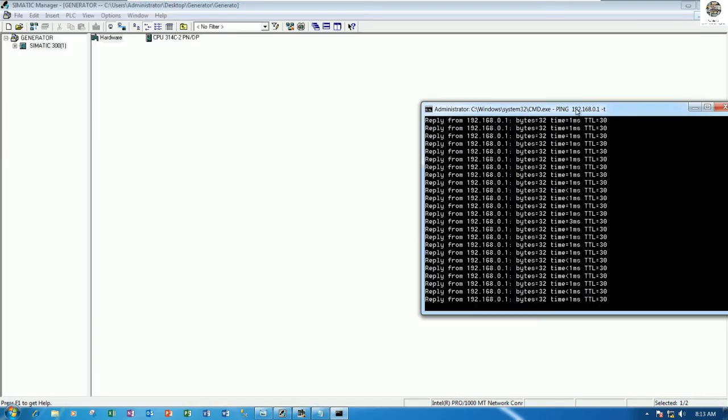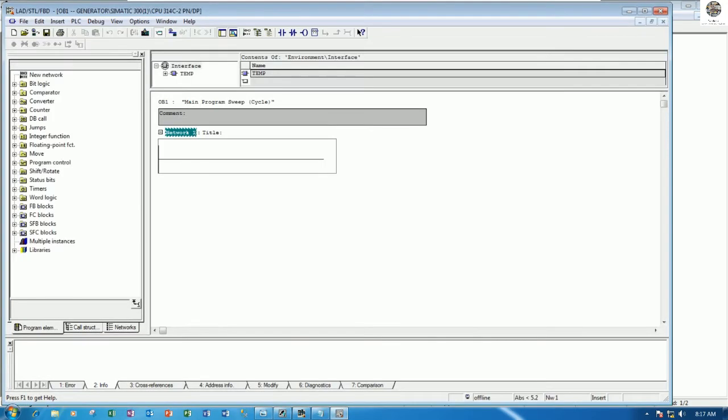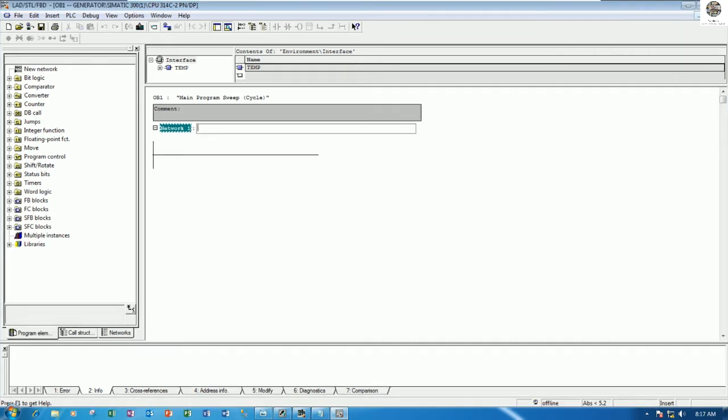Okay, I will minimize this one and close this one. So first go to SIMATIC and then go to blocks. Okay, so we can go to the OB1, double click to OB1, and then we can comment on the network,